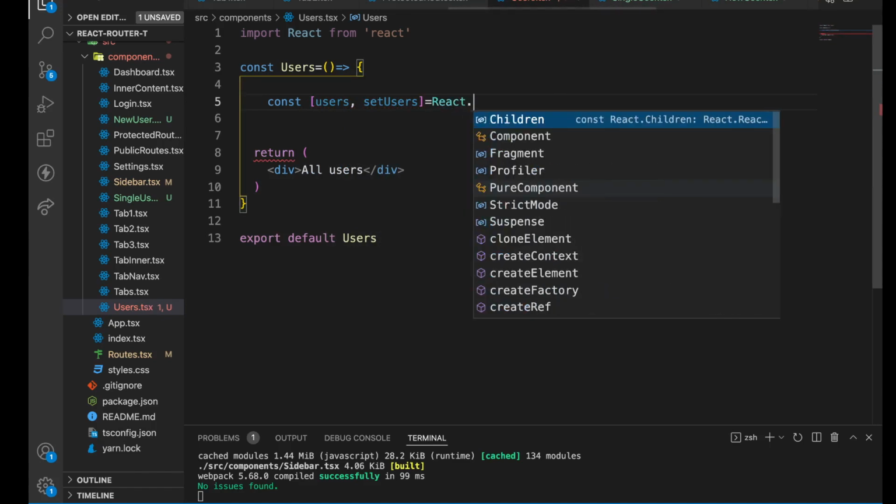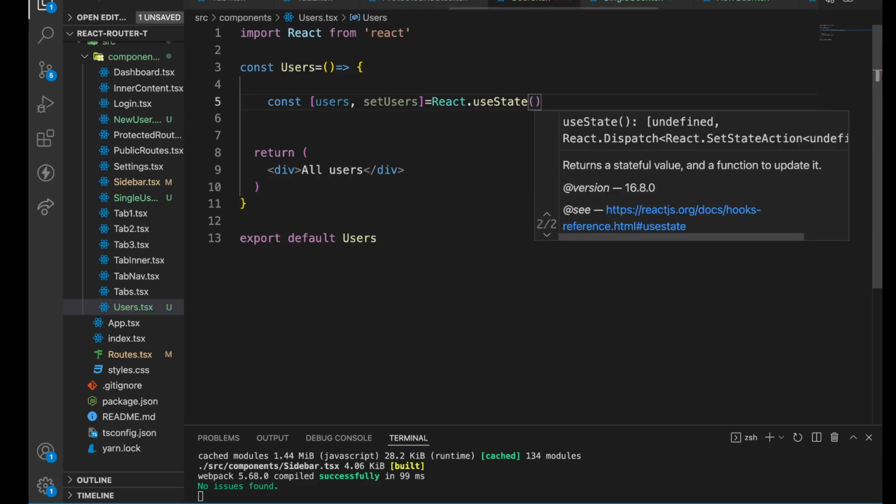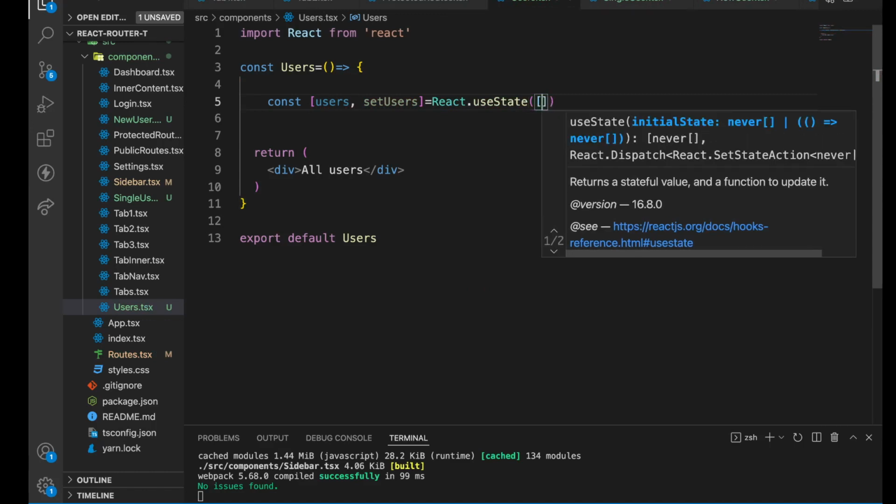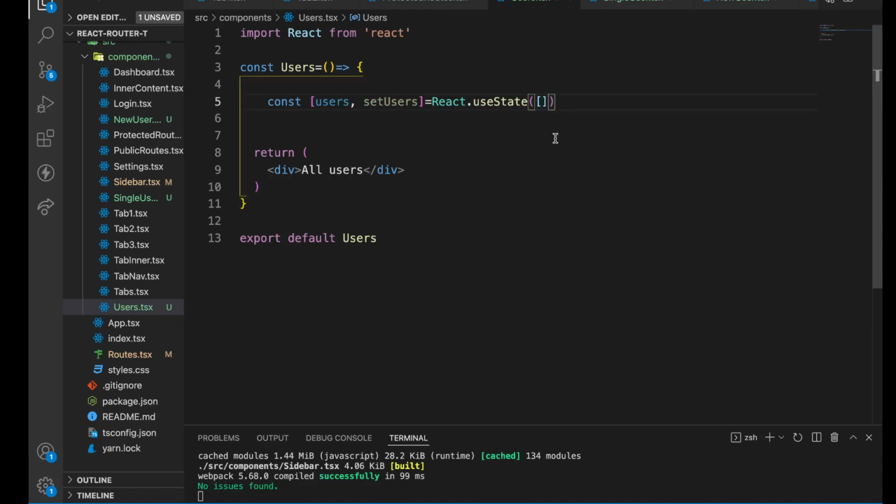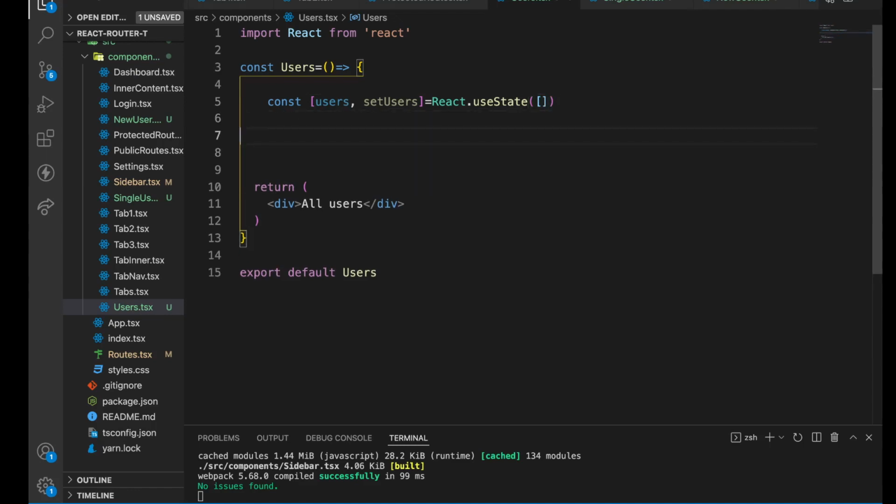That will come from our useState, and initially we have an empty array, and then we will have our useEffect here,